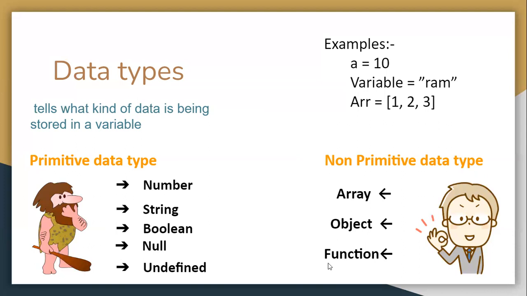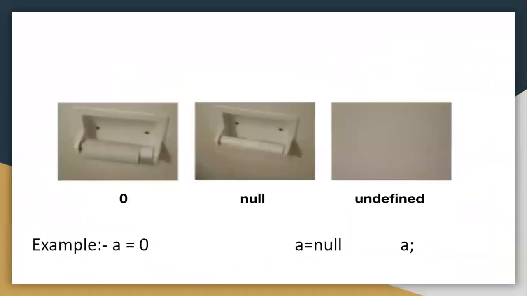Now coming to the third non-primitive data type, which is the function. So what is a function? A function is a snippet, or we can say a function is a piece of code which is executed at the time we call the function by its name. So this piece of code, which is a function, is present in the code, but it is not executed until and unless we call the function by its name. Okay, now this we have already discussed. Now coming to the next slide,